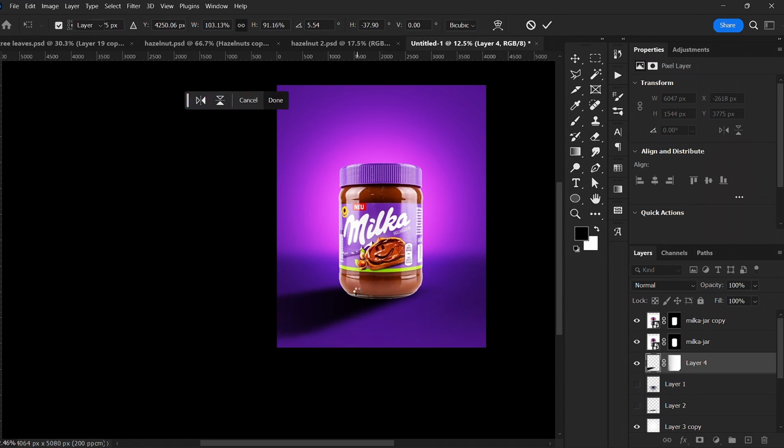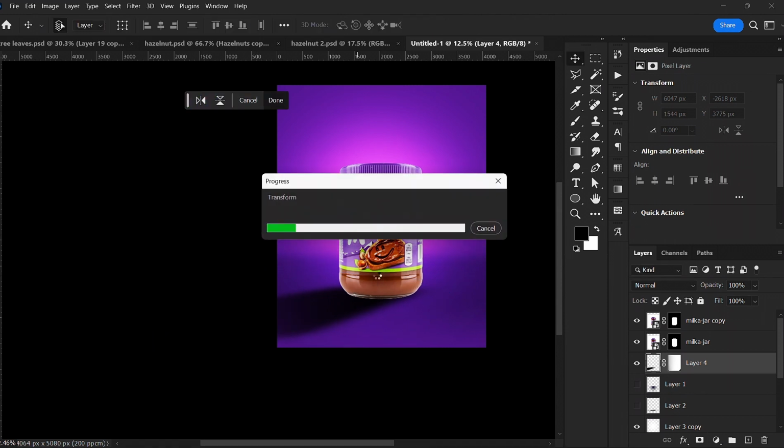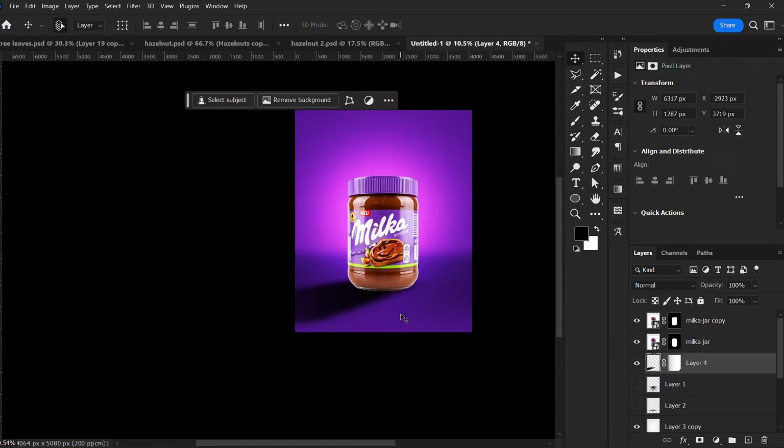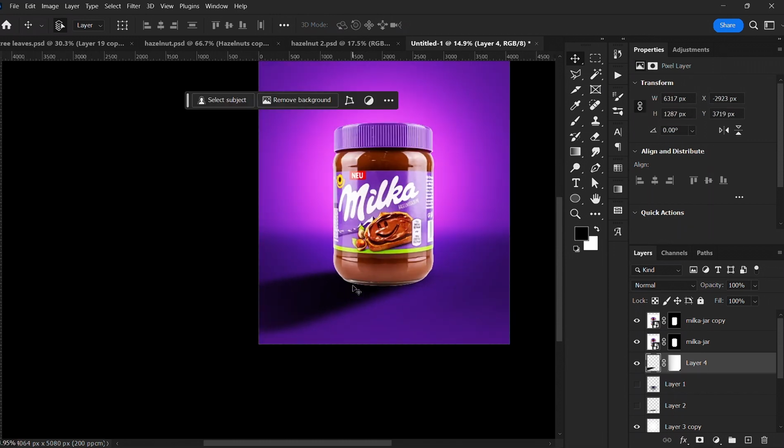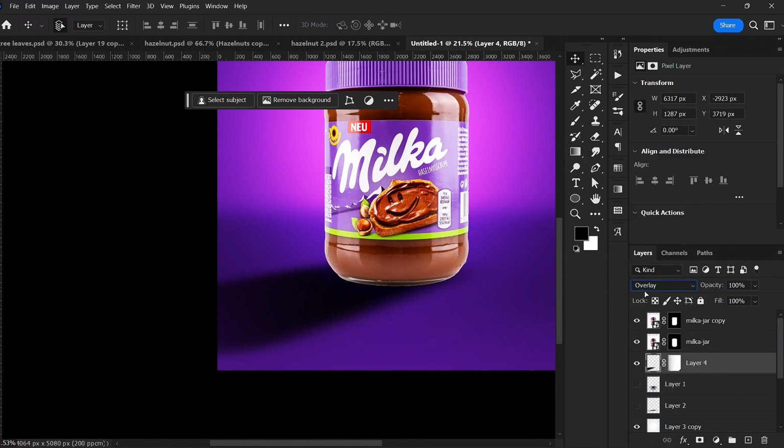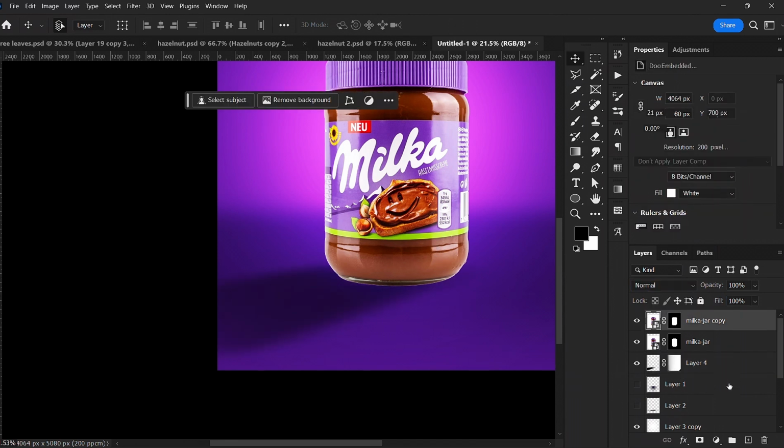So now your shadow is the main thing here, because you don't want the product to just be lying down there on the floor without a base. Do you understand? So it's the main thing here. So this one now, I'm going to change it to overlay, and I'm going to reduce the opacity just small. Then I'm going to add the base shadow here